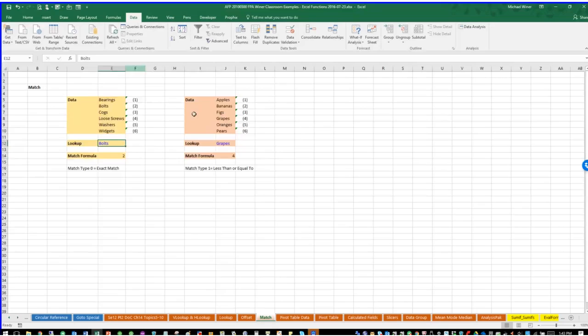So what it's doing is bringing back where this item is in the sequence. If I change this to cogs instead of bolts, you've seen that it is not sensitive to capitalization. Cogs is the third item, so the match formula is bringing up the third item. If I change this to cons, I'm going to get an error because our match type here is 0. In this scenario, where my formula has a match type of 0,